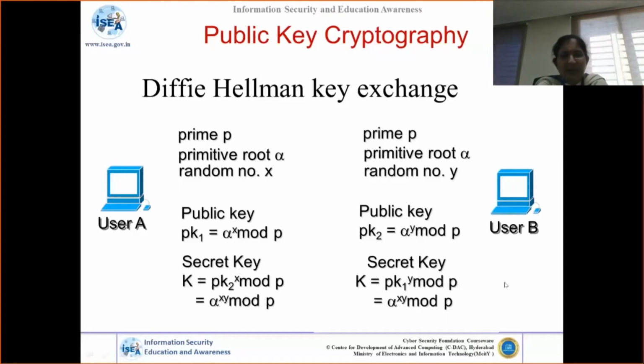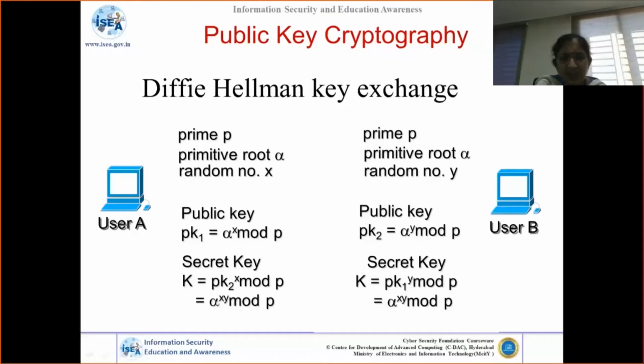Okay, what is happening is that there is some public information, PK1 and PK2, which each side shares with the other end, and each also uses a local secret, private component. X is private to A, and Y is private to B. By using the public value as well as its local private value, each side generates a secret key. Similarly, the other side uses the public value generated by user A and its own secret to generate the key, resulting in the same key established at both ends.